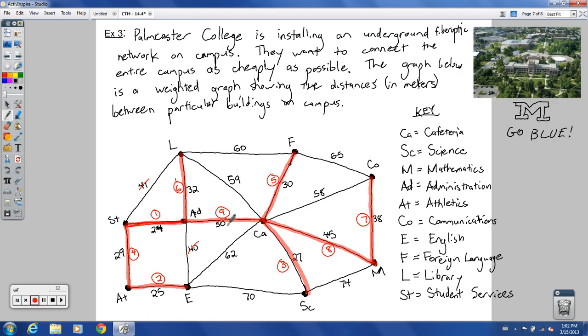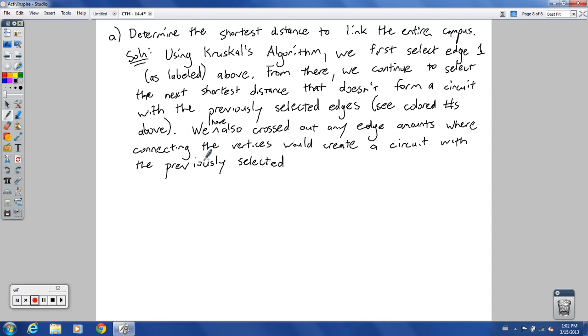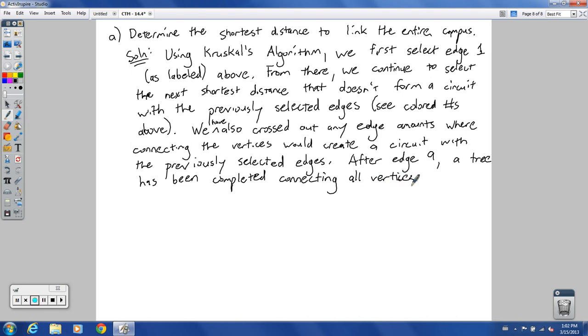But could you have crossed off this and this? Yeah, you could have done that. There goes my voice again. Excuse me. So, selected edges. And after edge 9, a tree has been completed, connecting all the vertices. The vertices are representing the buildings on campus. So the shortest distance is,